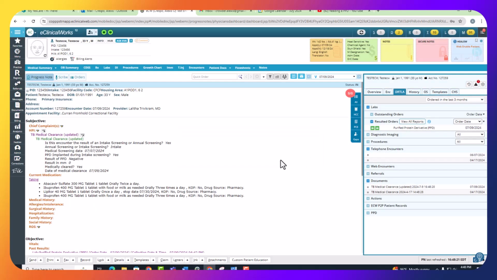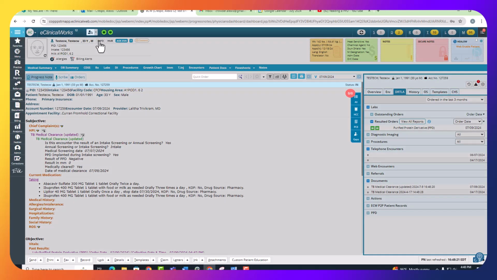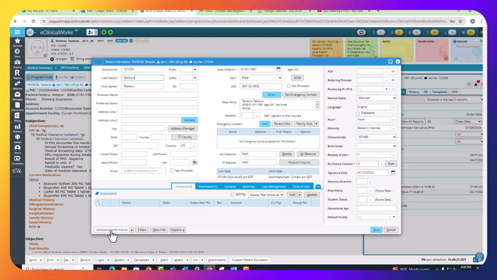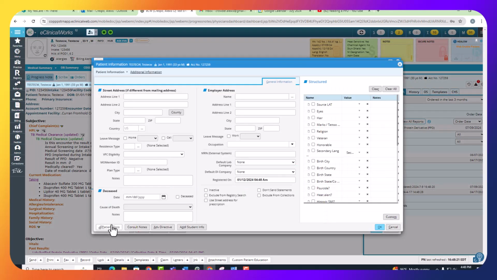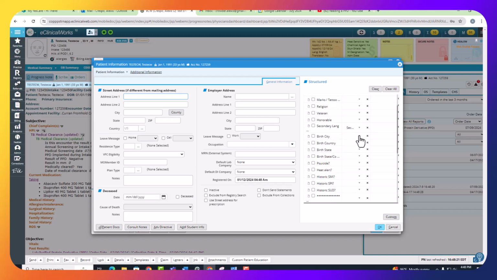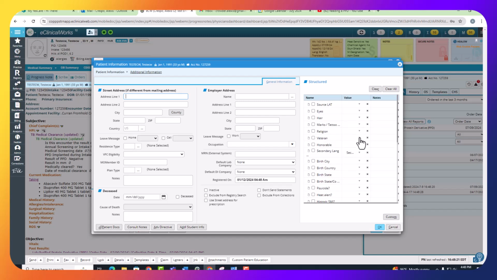The next step is very important. We have to document in the info section of the patient's progress note, the info section in the patient's chart, so that this information can transfer from ECW into our gel management system. So at the top of the patient's profile, we want to click on info, and then we're going to click on additional information. And in the structured section here, you want to answer all of the questions under ECW source